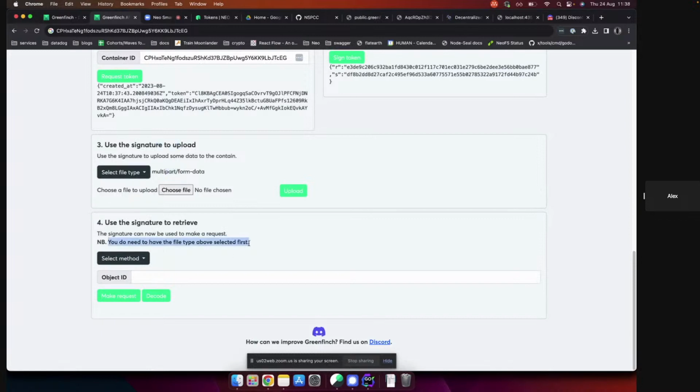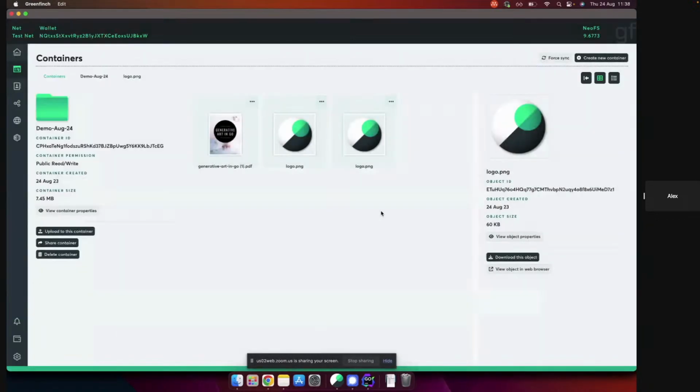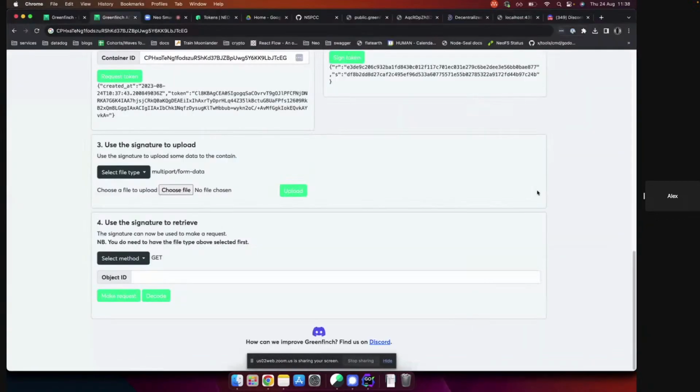But remember, this is just for demonstration purposes. This isn't how you'd actually use it. This is just a proof of concept for you. So then we're going to get an object, and this is the object that we want to get. So let's get the ID, and we can drop that in there. And if all goes to plan,